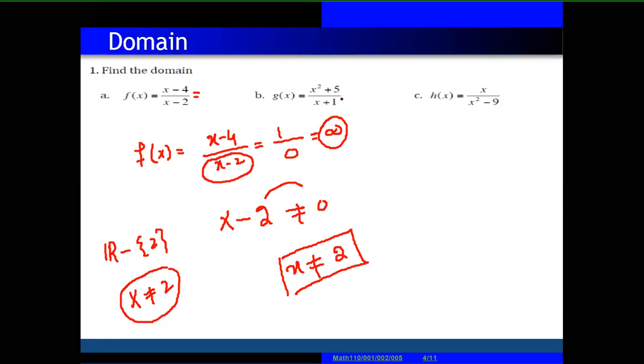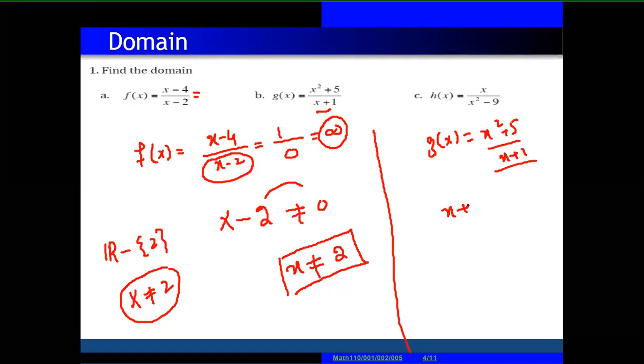Same, we have b, x square plus 5 divided by x plus 1, the second one. So again same, we have all real numbers except minus 1, excellent. We have x square plus 5 divided by x plus 1. So just put x plus 1 must not equal to 0. When you transfer 1 to the other side, x not equal to minus 1. All values are possible except one value, and that one is minus 1. The domain is all real values minus one number, and that is minus 1.